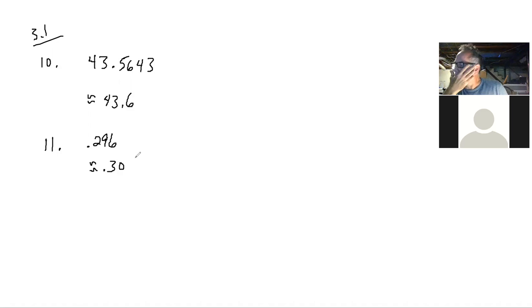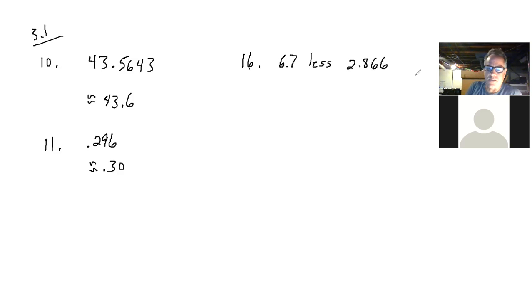So on this problem, use front end rounding to round each number to get an estimated answer. Looking at number 16, let's talk about front end rounding. The problem is 6.7 less 2.866. When you front end round, that is different than the normal rounding